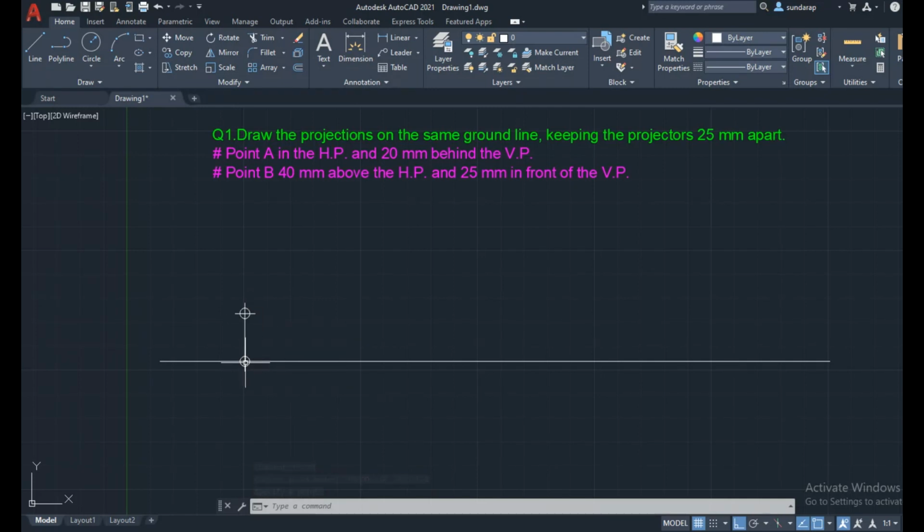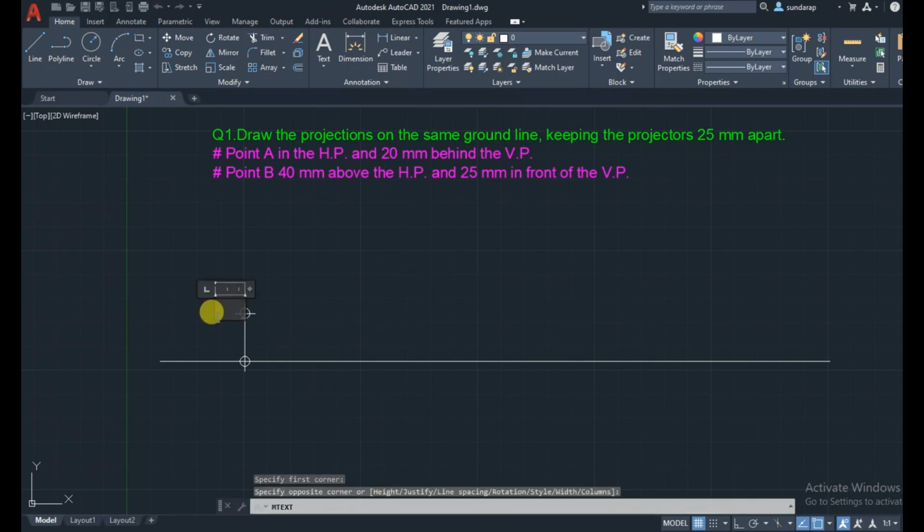And in the HP is the front view. For the notation, always follow this: front view with a dash, top view without a dash. Here I am going to use single line text.